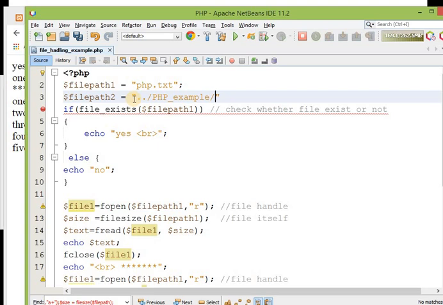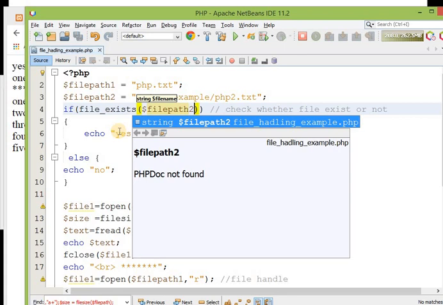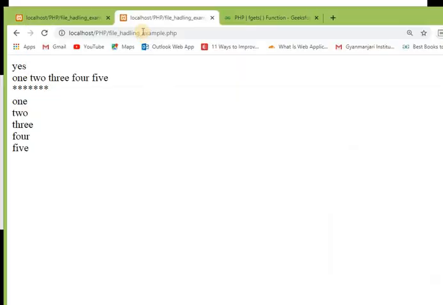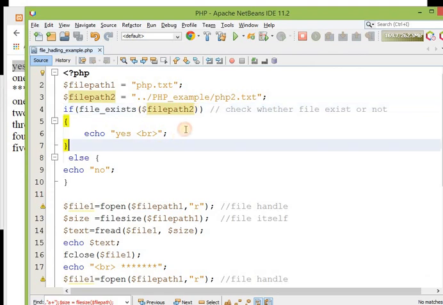So the name of the file is php2.txt. Just see whether this file exists or not. Yes, this also exists. You got your message.